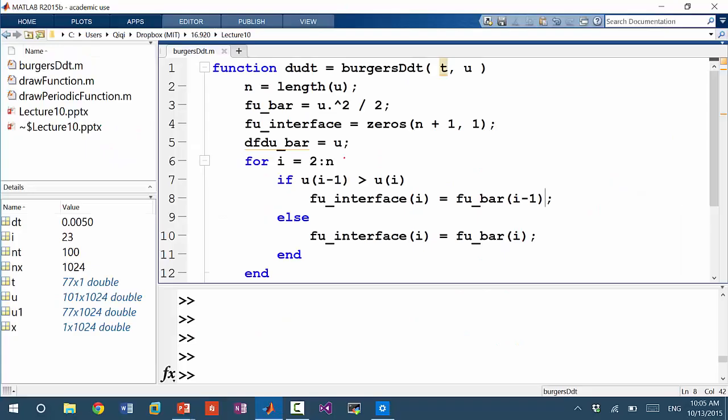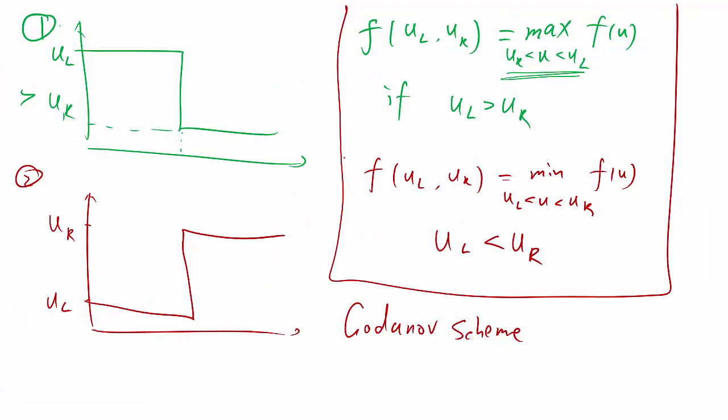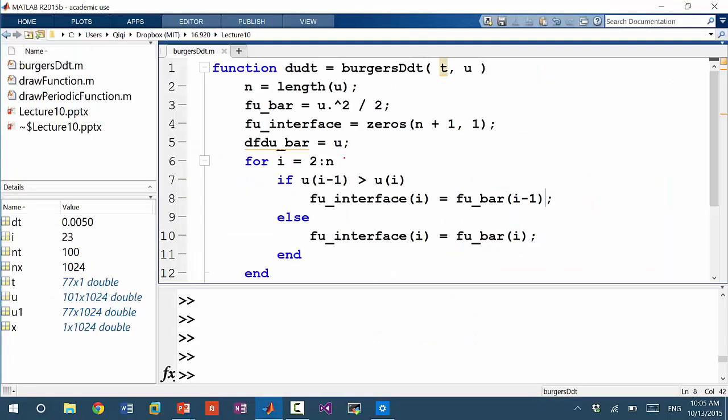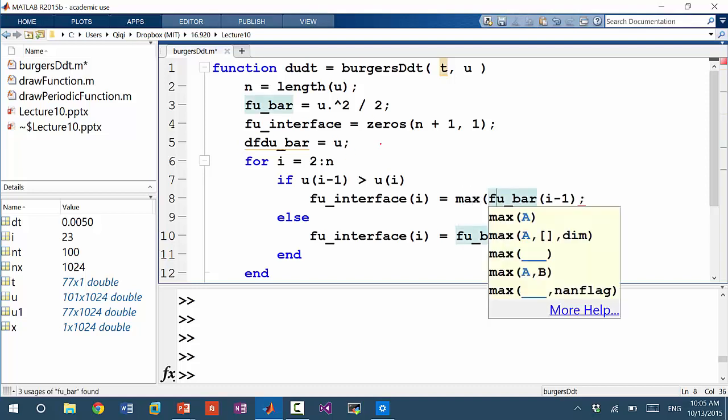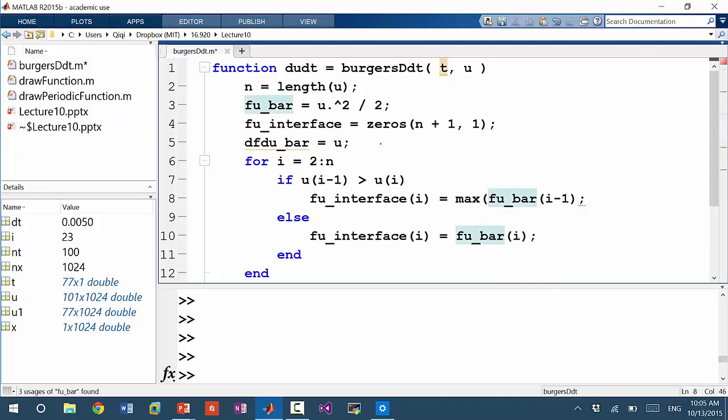If this is UL greater than UR, it should be the maximum, right? I should be taking the maximum of F of U bar I minus 1 and F of U bar of I,